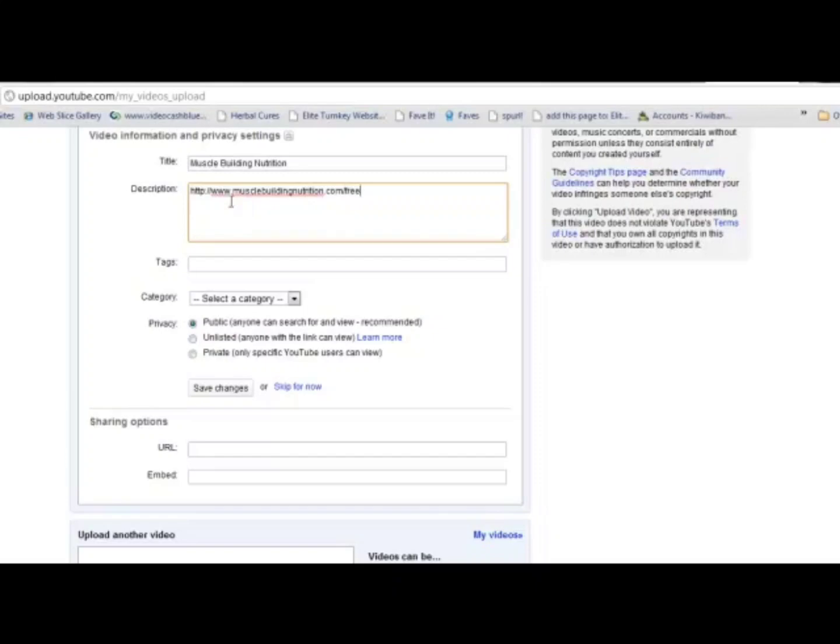So you want to put the URL to your website where you want them to go. If you want them to land on your squeeze page, you want to make sure you have the correct URL and not just your main URL. And always try to put HTTP at the front. You want your full URL so it's actually clickable when it appears below your video. And just be like